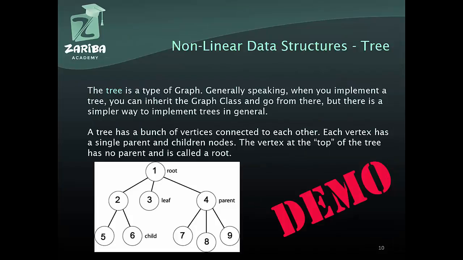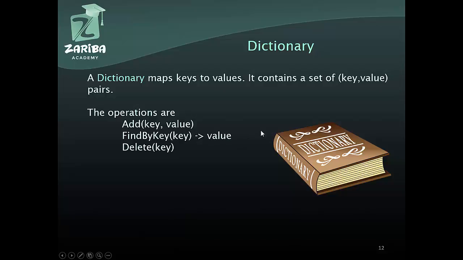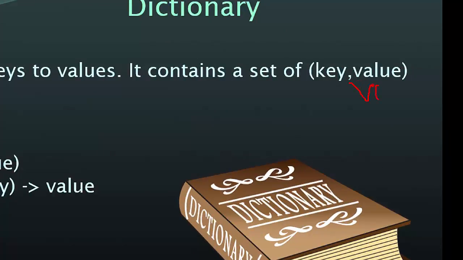Right. So let's go into dictionary. Okay, so this is precisely what it says. A dictionary maps keys to values. So if you think of a dictionary, you have a word and it has some definition, right? Now someone can stop me right there and say, well, what happens if a word has many definitions, like a couple of values here? So value, value 2, value 3, and so on. Well, this is called